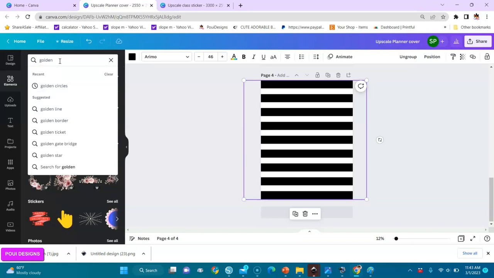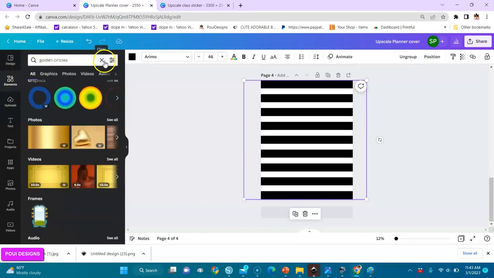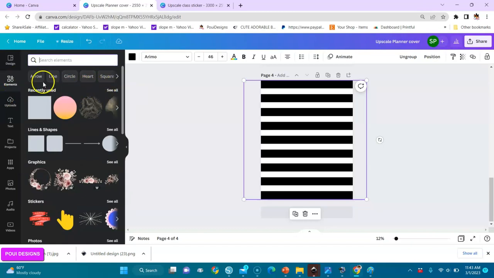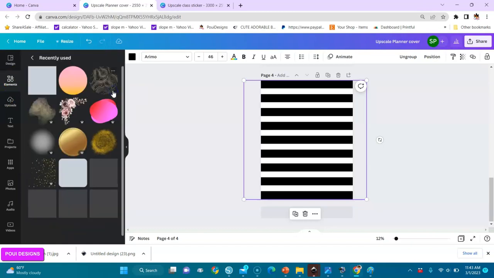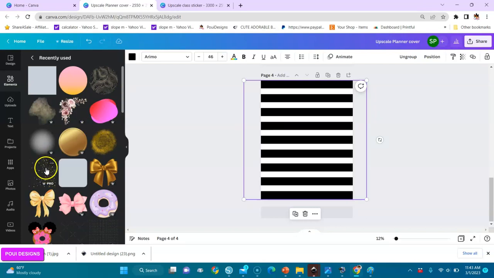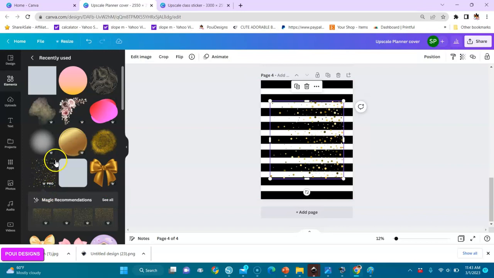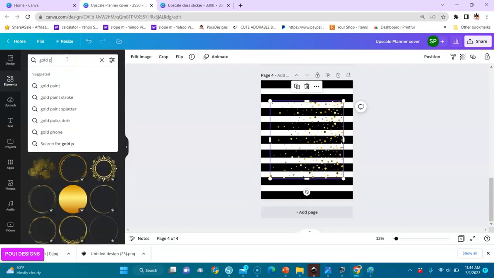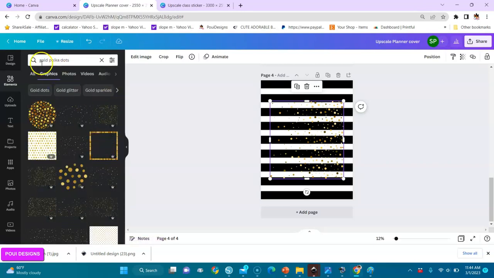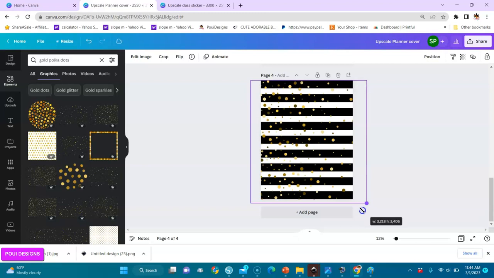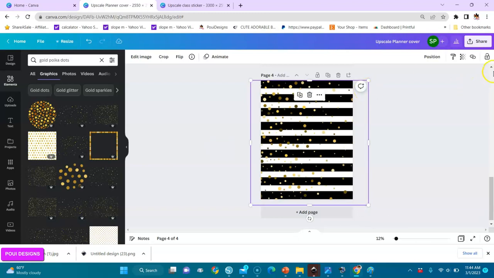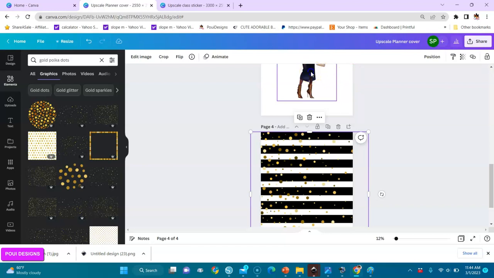Okay, now I'll go in here and I'll type golden circles. I need to be in elements. Let me see the name of this thing. The name is polka dot. I found it. Gold polka dots, and then you will find all these. Okay, I have this here. I'm going to flip it really quick horizontally, and I will drag it so that it can fit on my paper. And I'll go back to the lady here,